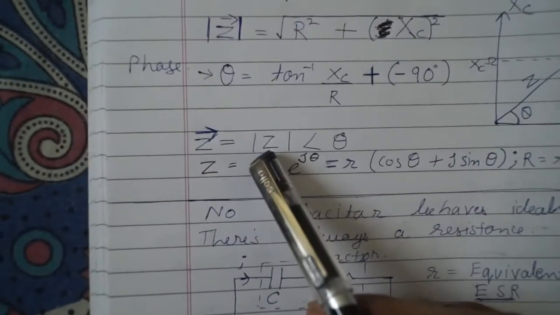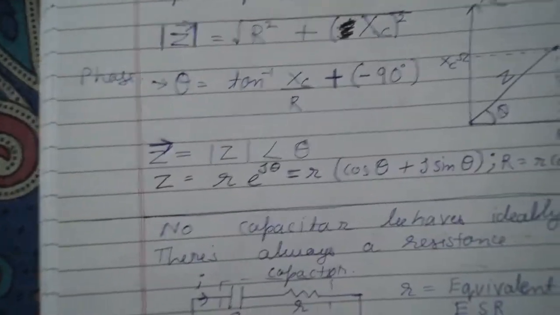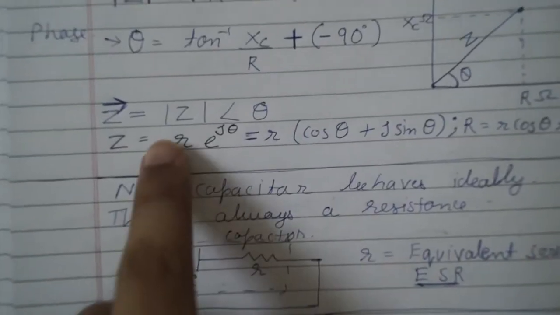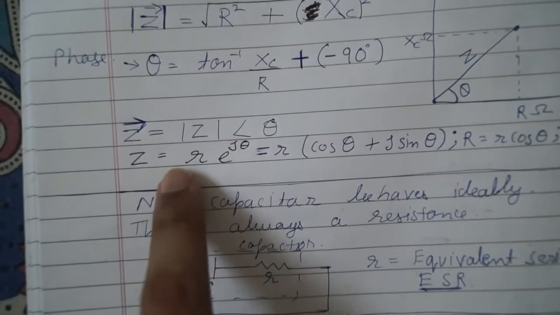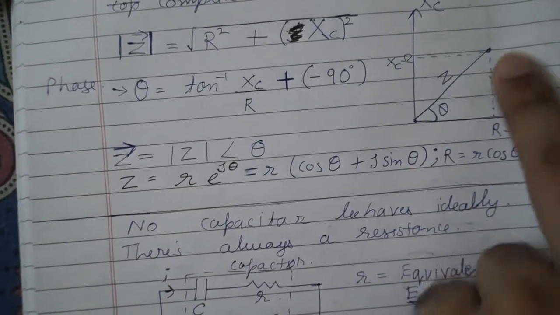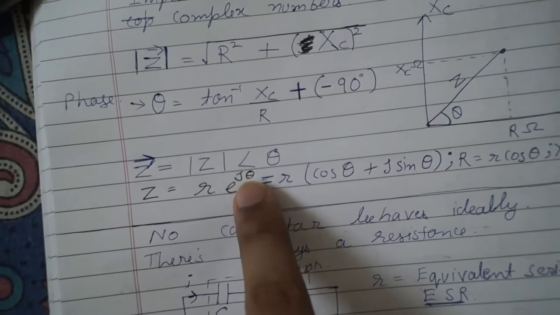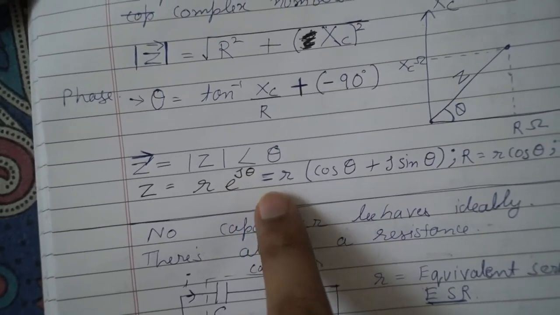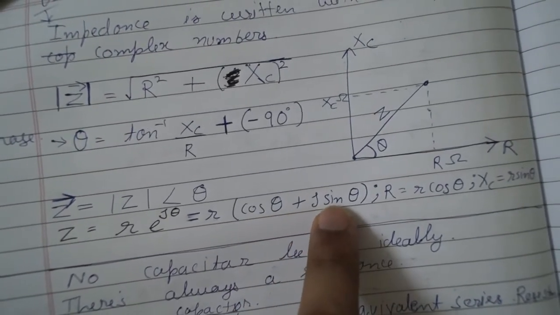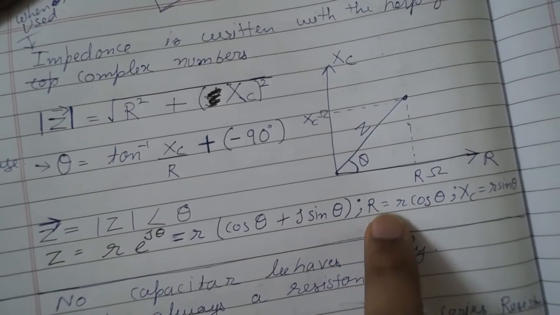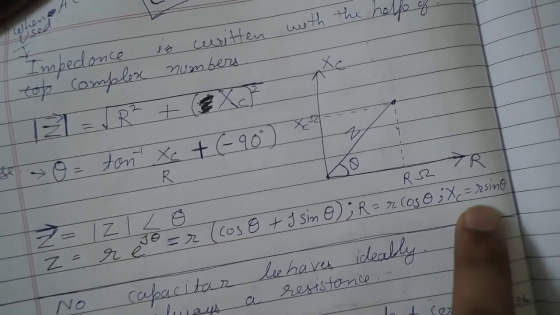So the Z vector is equal to the magnitude of Z at the angle theta. This is the polar notation, and this is the exponential notation, where r is the radius from the origin and e is Euler's number to the power of j theta. If you expand this, you will get r cos theta plus j sin theta, so the real part is equal to r cos theta and the reactance part is equal to r